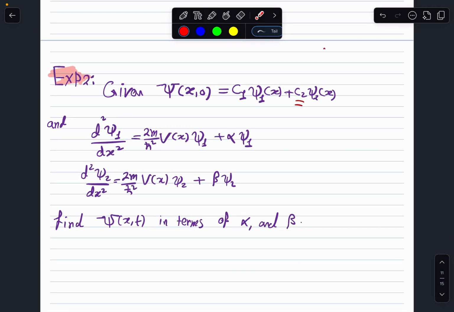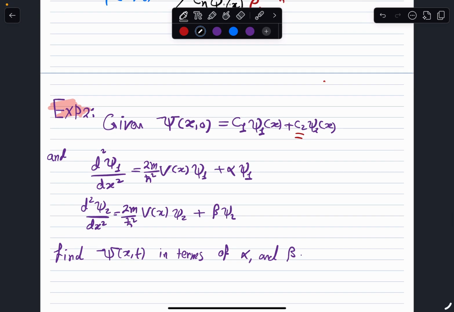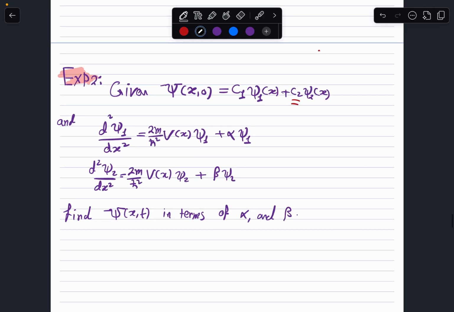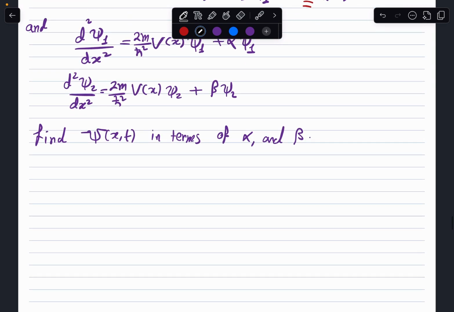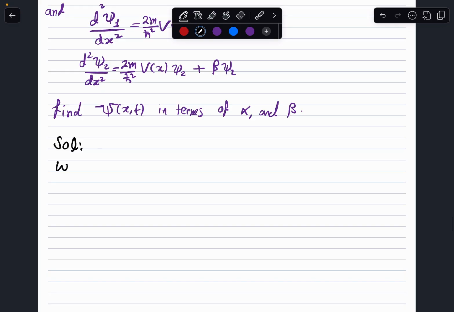Now this is an interesting example. It gives us psi at 0. So now, as I said, the difficult part is already given, which is psi 1 and psi 2. And it's asking for us to find this capital psi at x and t, so the general solution for it in terms of alpha and beta. So we know, just write the solution, we know the following,